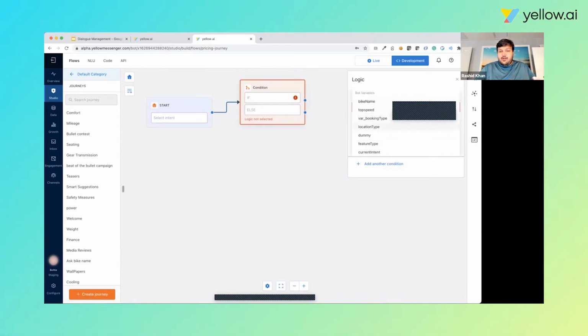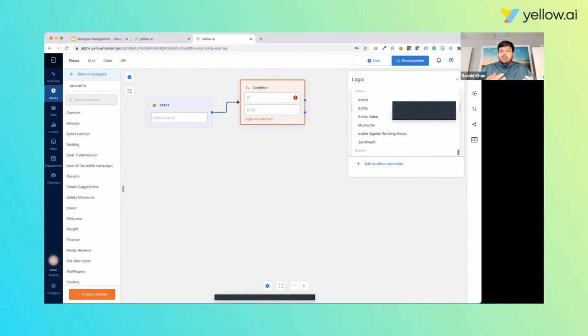So I can do a condition on the variables itself, which I'm storing in the bot. Then going further down, I can do the conditions on the system variables. I can do variable on the function output, where a custom function could give an output, and I can check if I want to execute certain aspect of it. This also makes sure that we bring in the collaboration between IT teams and business teams more closely.